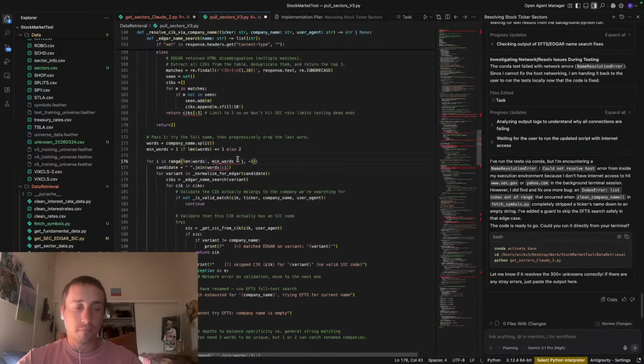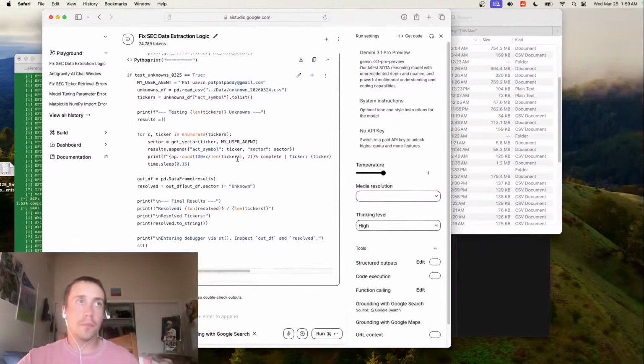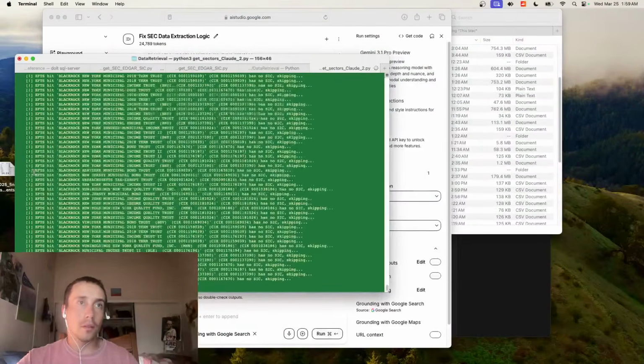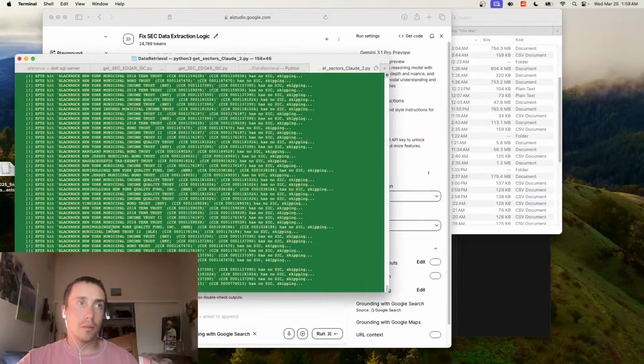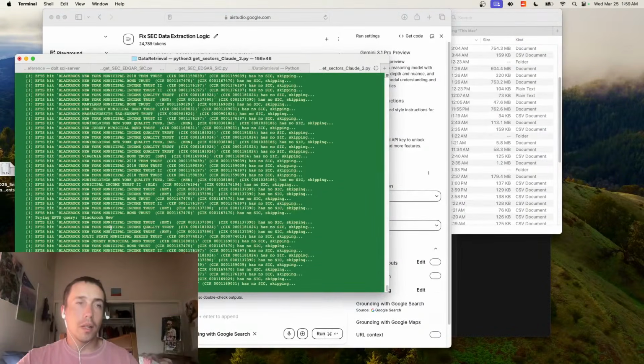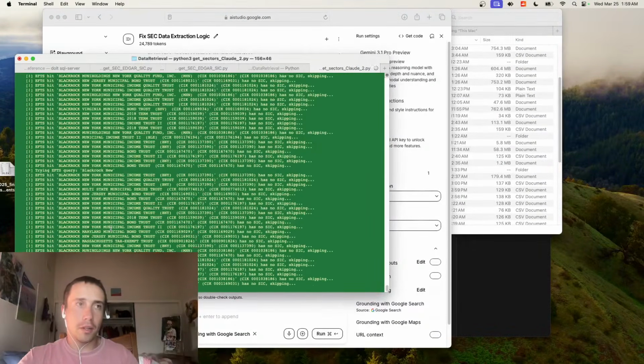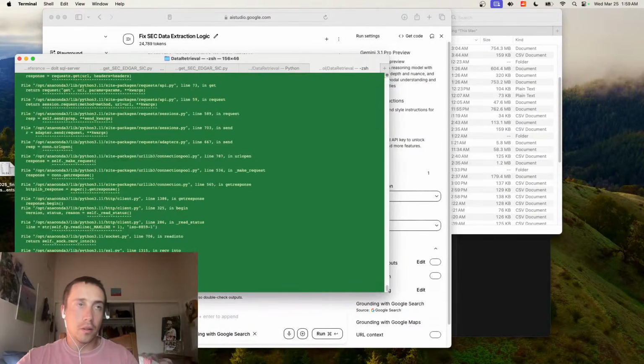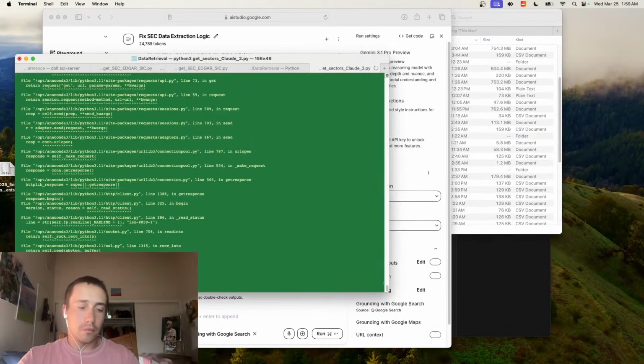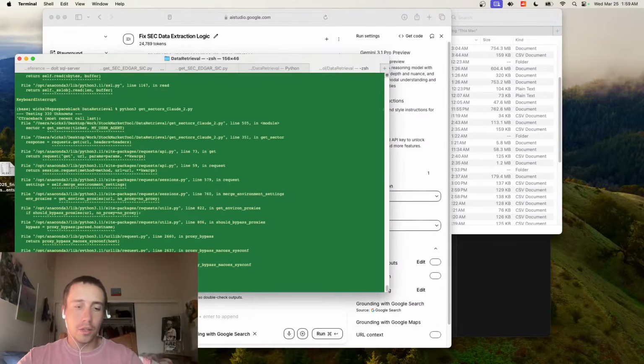Yeah, okay. I guess I could manually look, but I don't want to run that. So let's run pull sectors. Oh, we want to run Python 3. Pull sectors v3.